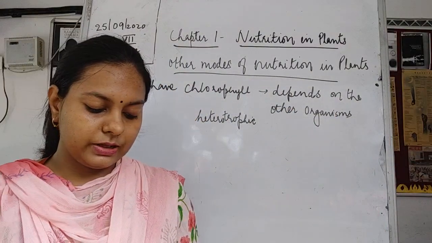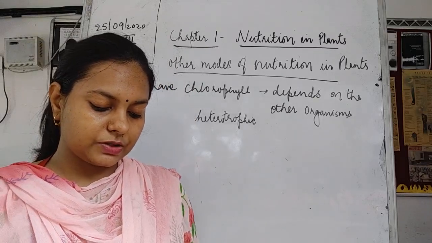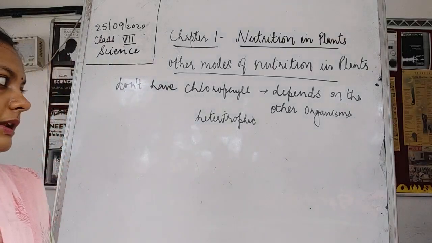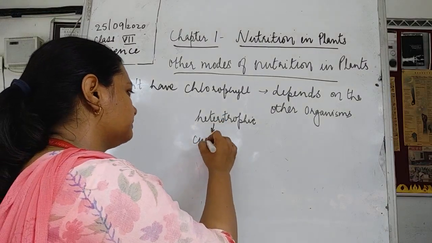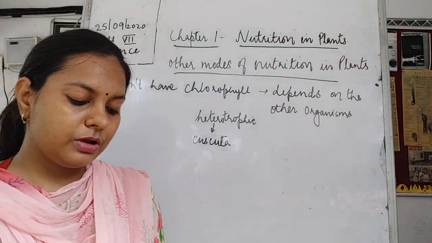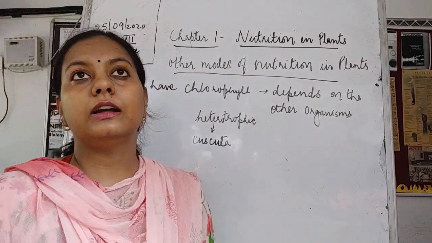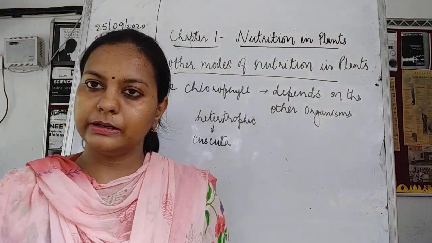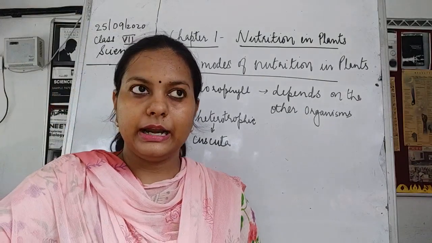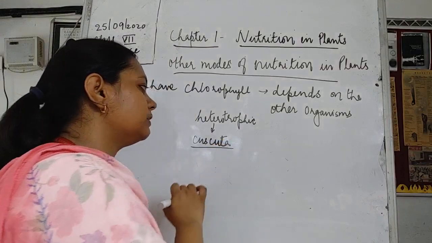You can see a yellow wiry branch structure twining around the stem and the branches of a tree. This is a plant known as cuscuta. It is also known as amarbel. So there is a plant called cuscuta. It is a non-green plant which does not contain chlorophyll. It is a yellow, wiry, small plant, a twiner, a climber, and it climbs on the tree. Now what is so special about this cuscuta? Cuscuta is a parasitic plant.